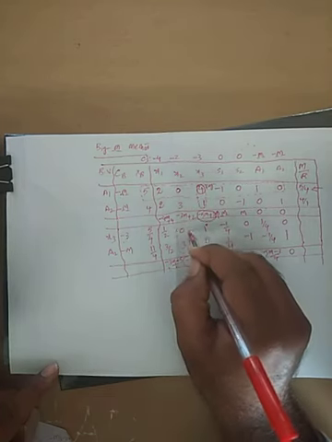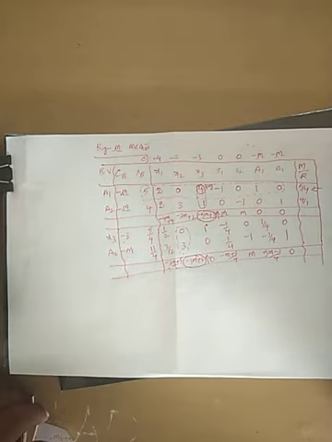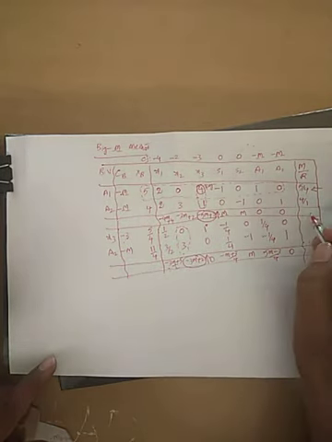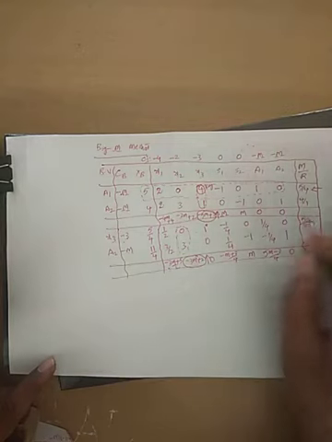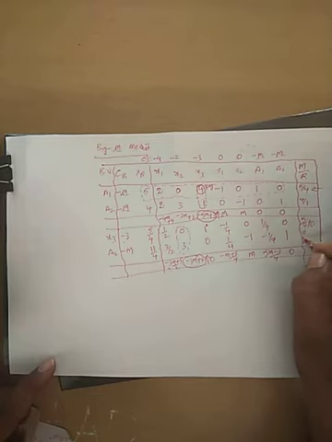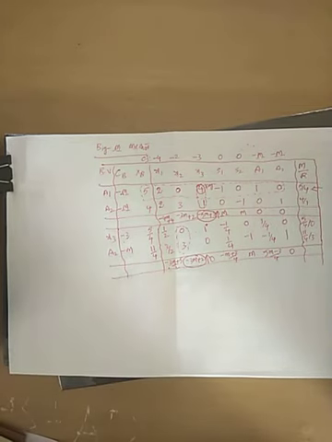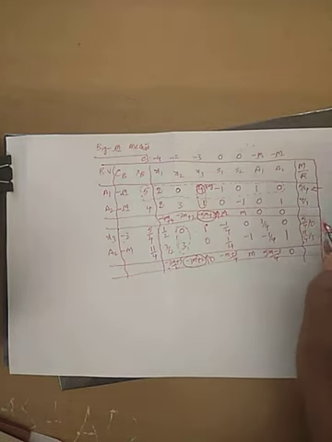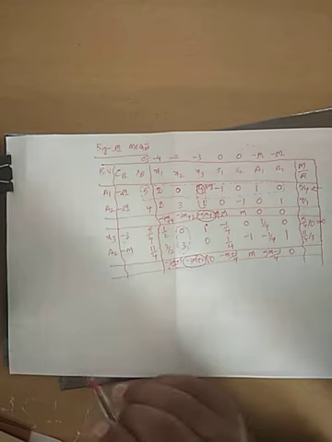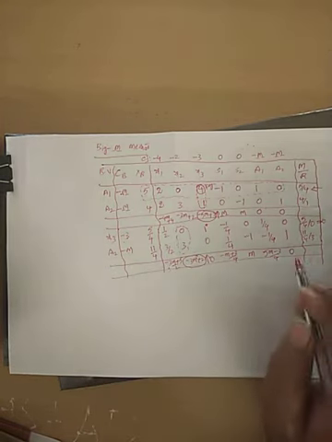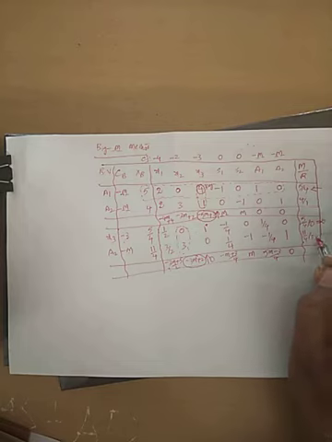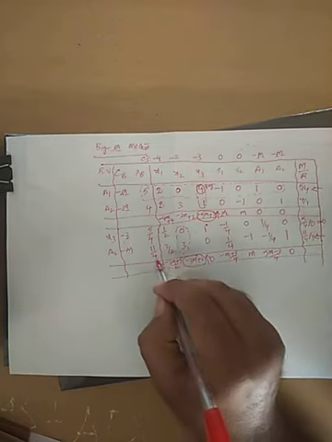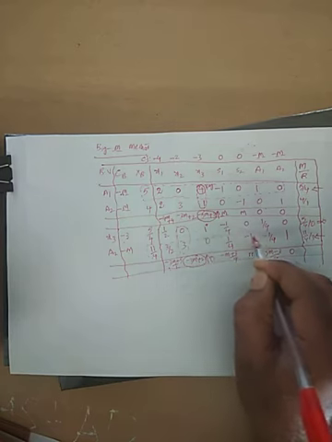Hence, what is the key? Key column is this. Then again, you should go for the net evaluation. What is that? 5 by 4 by 0. And the next one is 11 by 4 by 3. Now here anything by 0 is infinite, meaning a very, very big value. But we require a small value. So between these two, which is the smaller? This one. You have to calculate. Hence the key row will be this one.